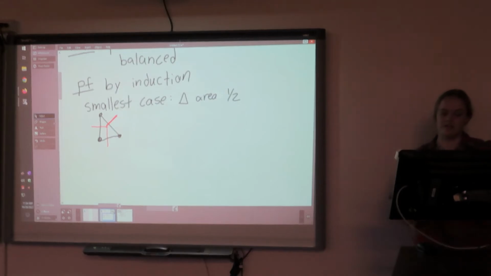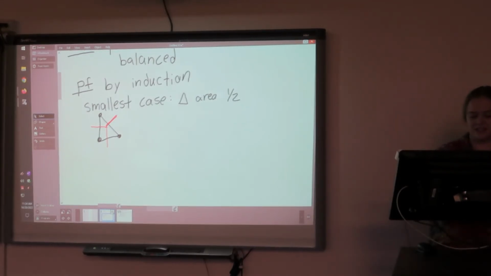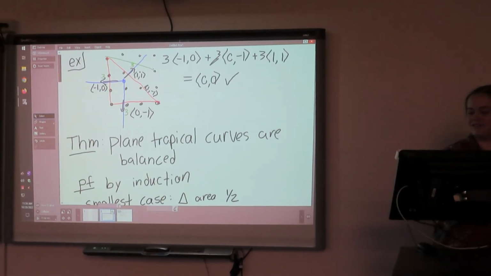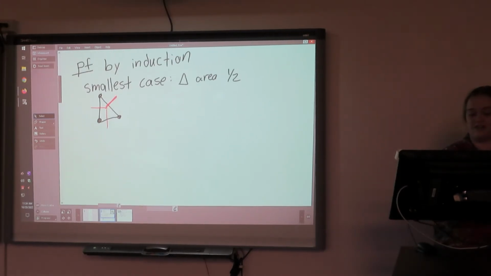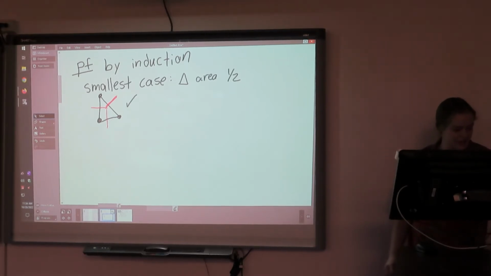And this is going to be balanced from basically what we did up here. But instead of weight 3 for all of them, we just have weight 1 for all of them. So this curve is going to be balanced. But that's just one line and one triangle of area 1/2. We have to make sure that this works for all triangles of area 1/2. So we're going to start just by looking at some weird triangle of area 1/2 to convince ourselves that this